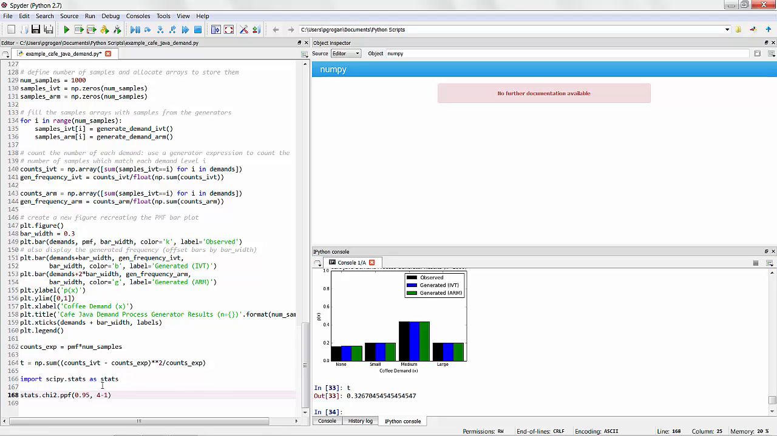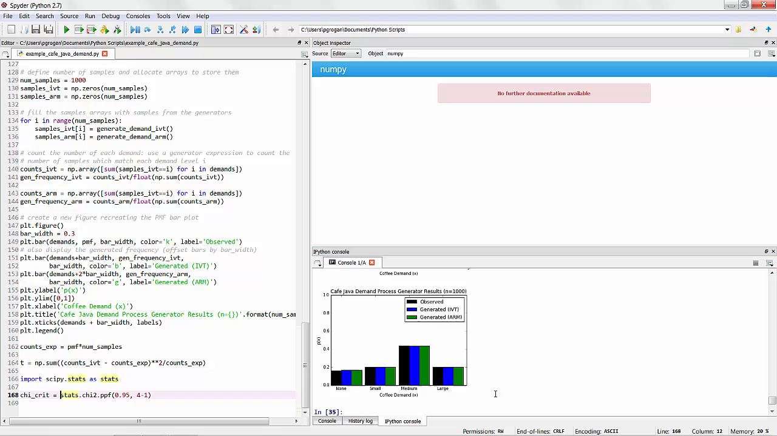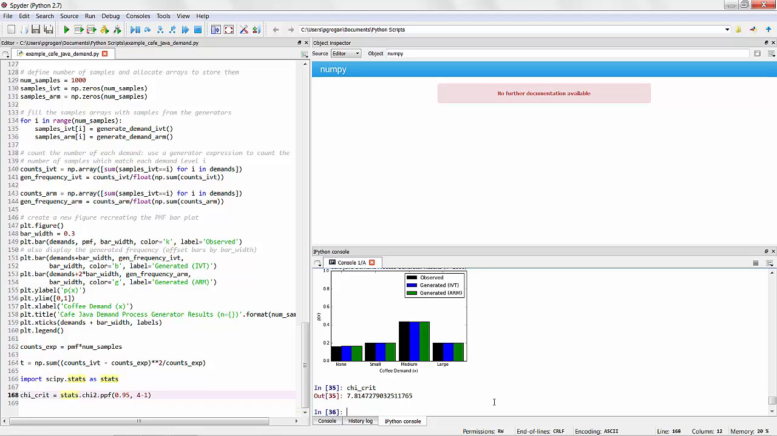So we have 4 minus 1, or 3 degrees of freedom. Now, the result of this function call I'm going to store in a chi_crit variable. And just to run this for you, I'm going to look in the console to see what the chi_crit variable is. So in this case, it appears that if our test statistic is anything above 7.81, it would mean